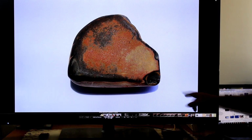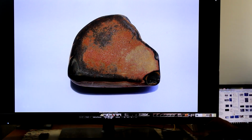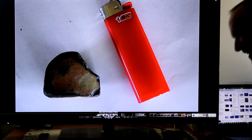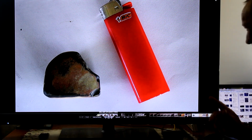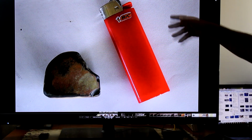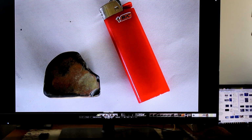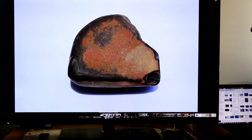And we're concentrating on this little chip here in this corner, and I'll show you the size of the rock as compared to a cigarette lighter and give you an idea. And that isn't a big cigarette lighter, okay? Just in case you may be thinking I'm fooling you, I'm not. That is a normal type of big cigarette lighter. And if I go back to that first image,